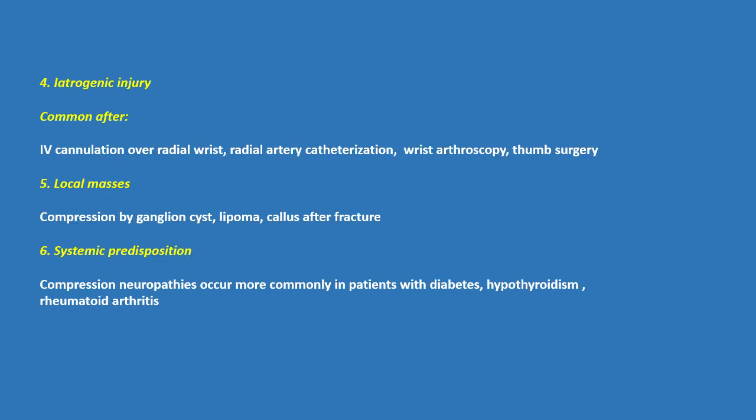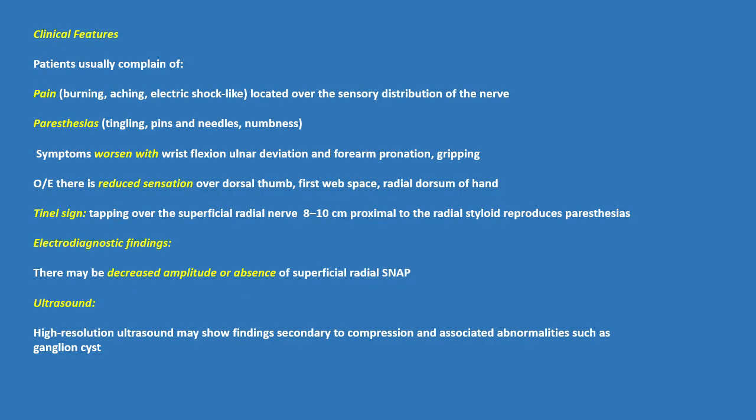It is common after IV cannulation over radial wrist, radial artery catheterization, wrist arthroscopy, and thumb surgery. Local masses such as compression by ganglion cyst, lipoma, etc. Systemic predisposition. Compression neuropathies occur more commonly in patients with diabetes, hypothyroidism, and rheumatoid arthritis. Clinical features: patients usually complain of pain, which is burning, aching, or shock-like, located over the sensory distribution of the